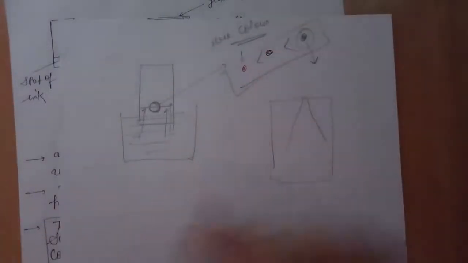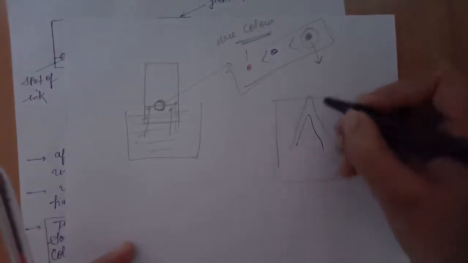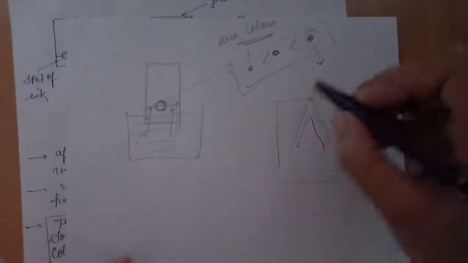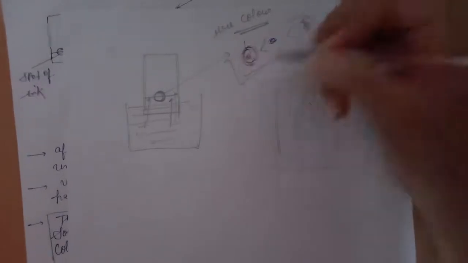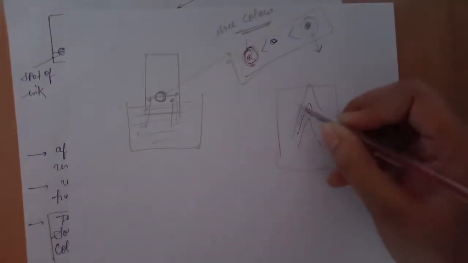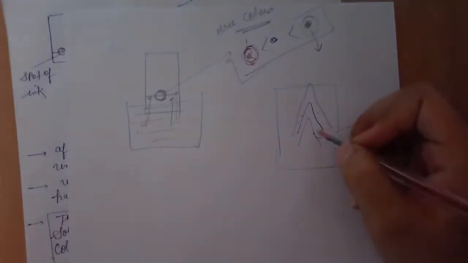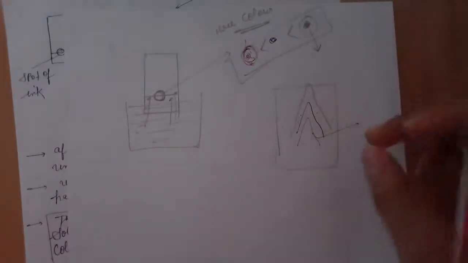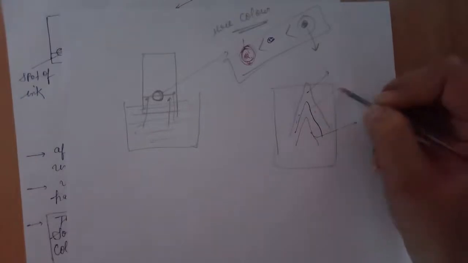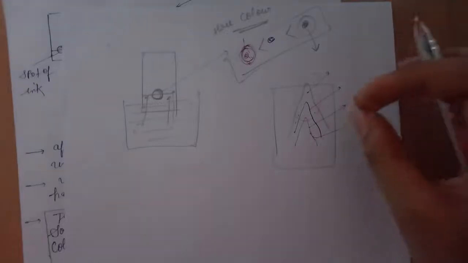Then second in solubility is the blue color component. This blue component attains a height lesser than that component. The third component is red color. The red color component attains a lesser height than these two components, because its solubility in water is less. So on the basis of solubility, these components of dye attain different heights, because this one rises faster, this one rises less fast, and this one rises comparatively slowly.